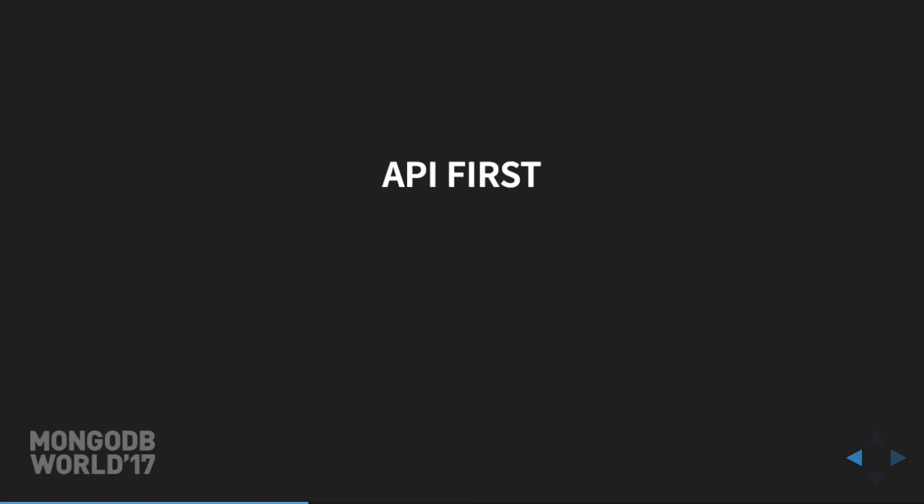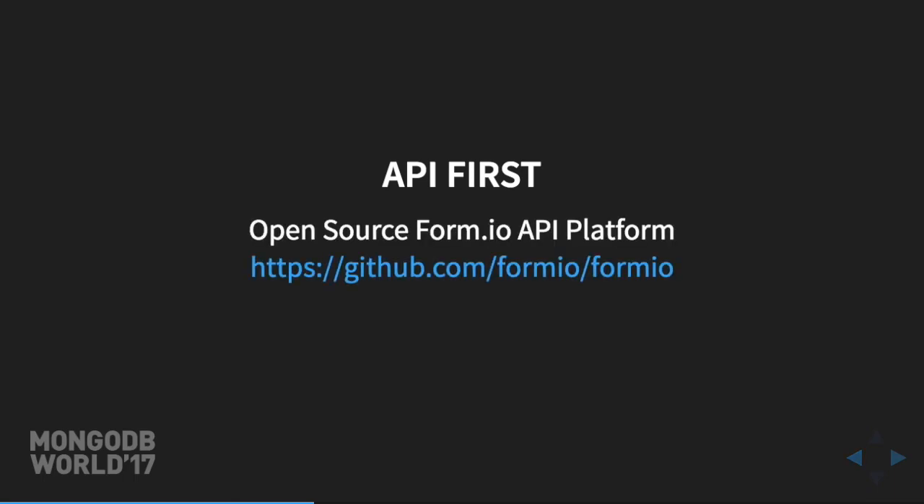actually going to install the Form.io core API engine. This is the open source API platform. So you're going to go to github.com. It's Formio/Formio. You can either clone that, or you can just click the download button and just download it to